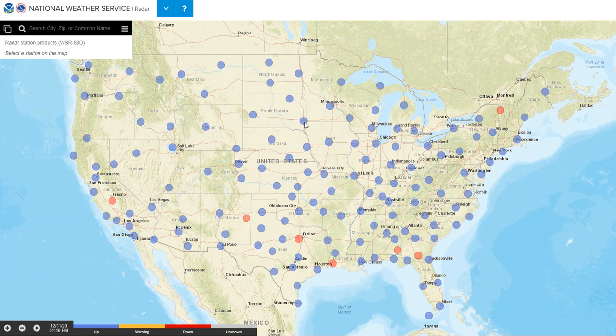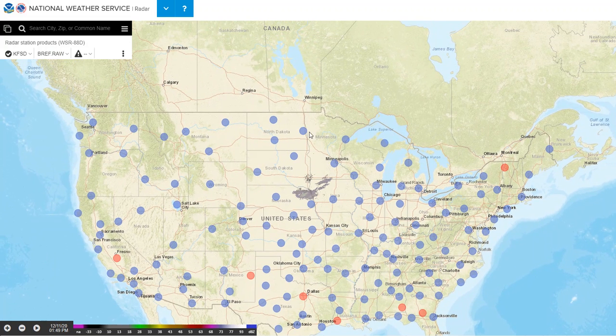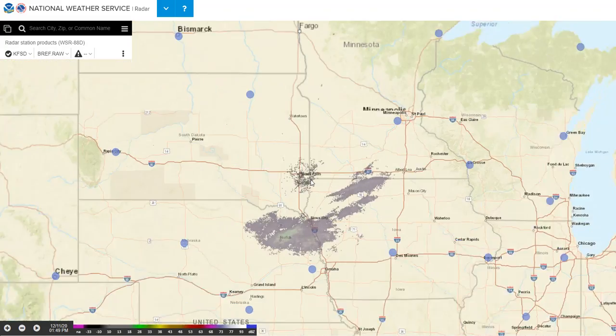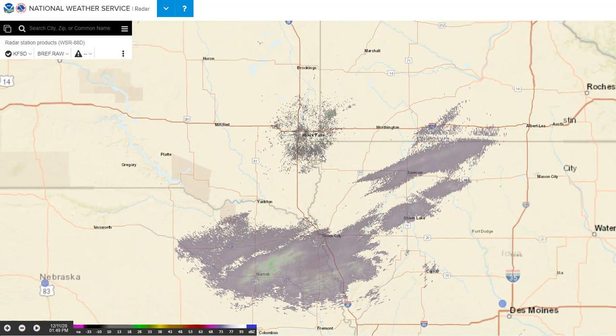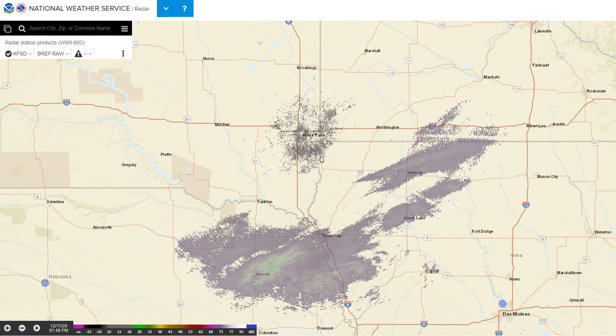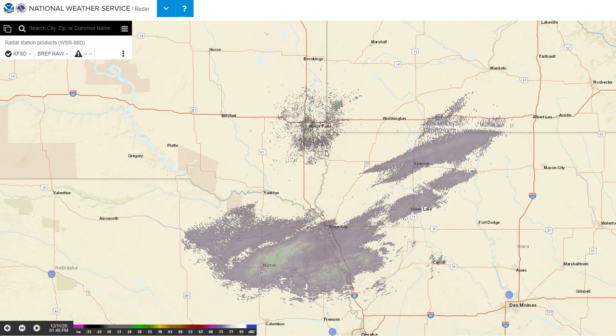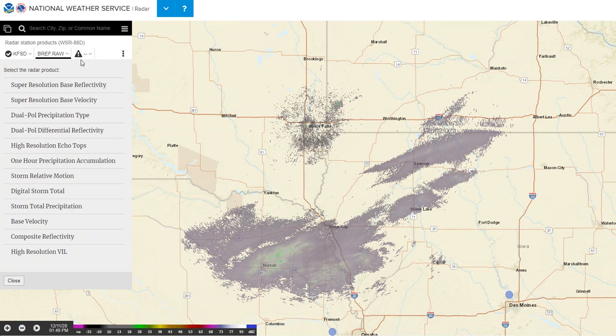So let's focus in here on Sioux Falls, South Dakota, and we can zoom into the area. And the default is to show the base reflectivity data across the area. With this drop down, you can show the current latency. And in the middle drop down, you can look at the different products that are available to display, including super